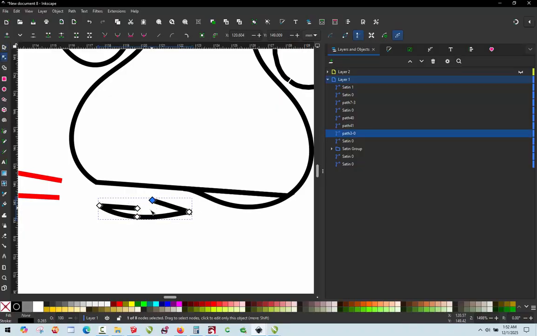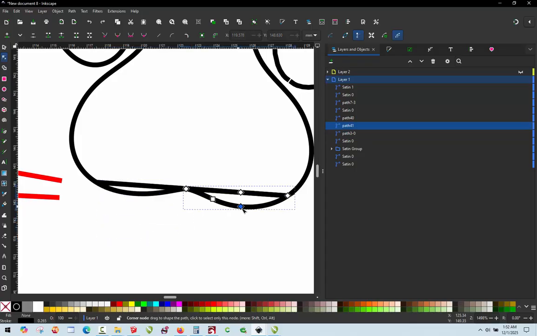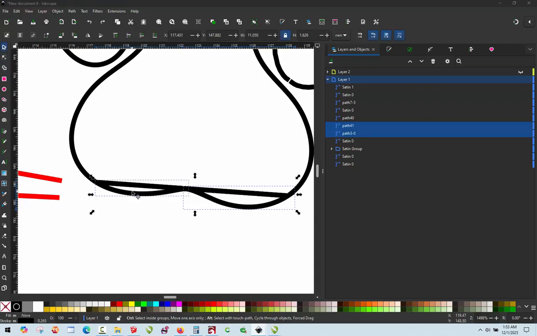So you see how it's broken there and it's broken there. That's what we want. Over here, you can see how it's broken, and up here, you can see how it's broken. Okay, so now if I come and select those two pieces, go back into params,